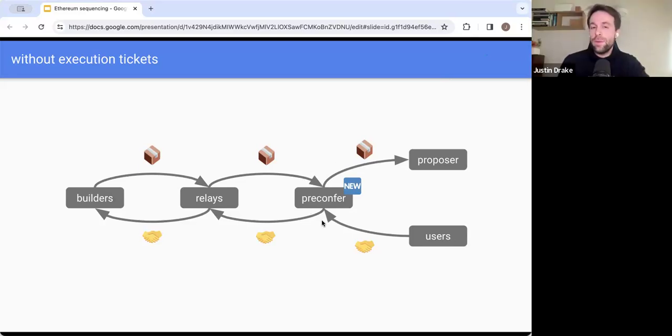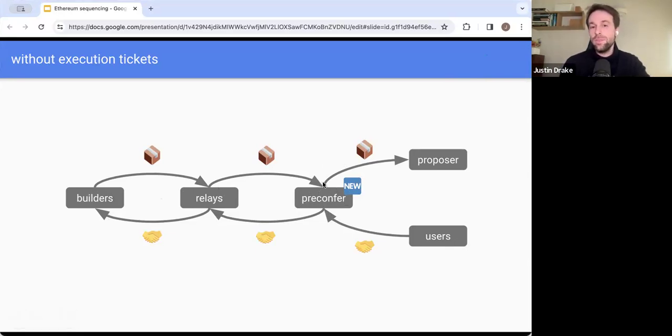Yeah, so abstractly, we have this new role. We could call it preconfer or something better. One reason why the relay is well suited is because the proposer is already trusting the relay for being online. For get payload, they need to be online. Otherwise, it's a missed block and they lose MEV. The relays also have a relationship with the builder, so it's convenient to pass the preconfirmations directly to the builders, skipping this step.